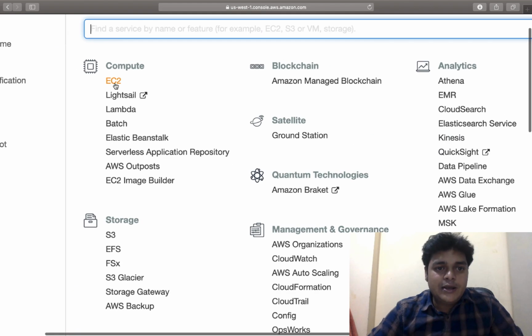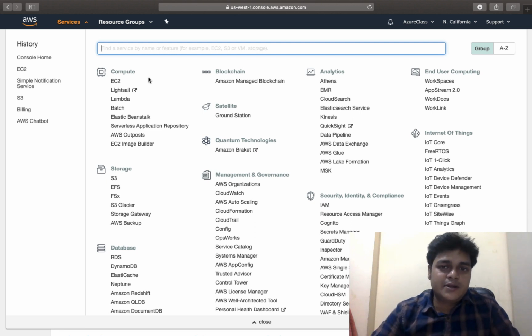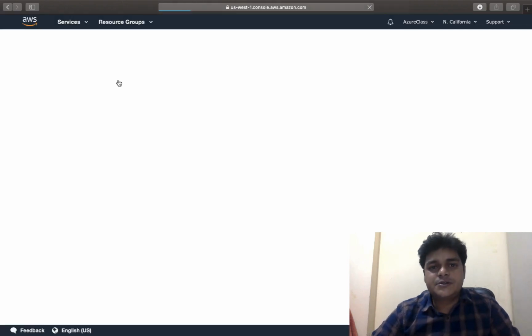If you are planning to create your virtual machine with a Linux operating system, a Windows operating system, a database such as Oracle or SQL Server, or if you are planning to create your WordPress server, you need to select EC2 and create one instance with the AMI of WordPress.